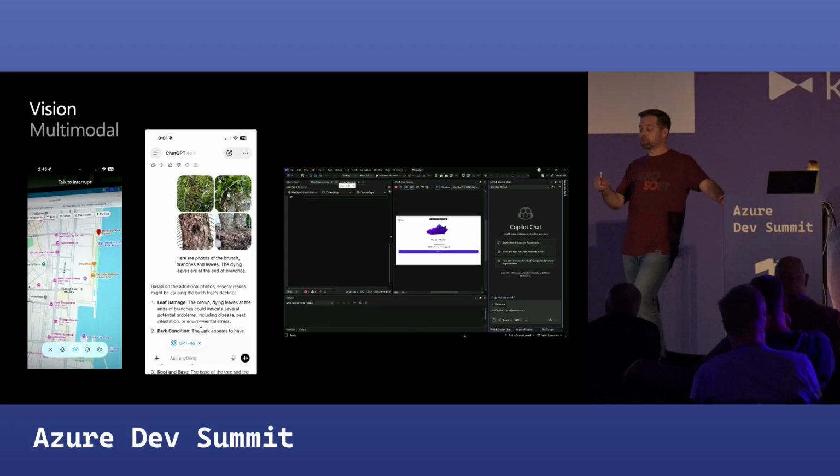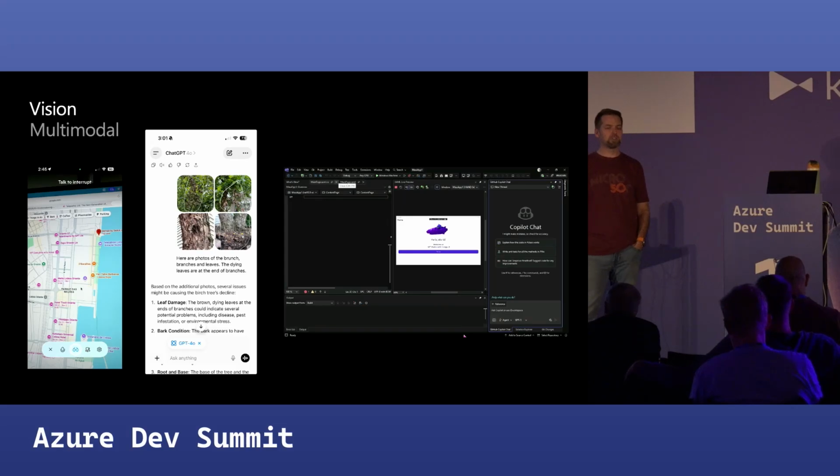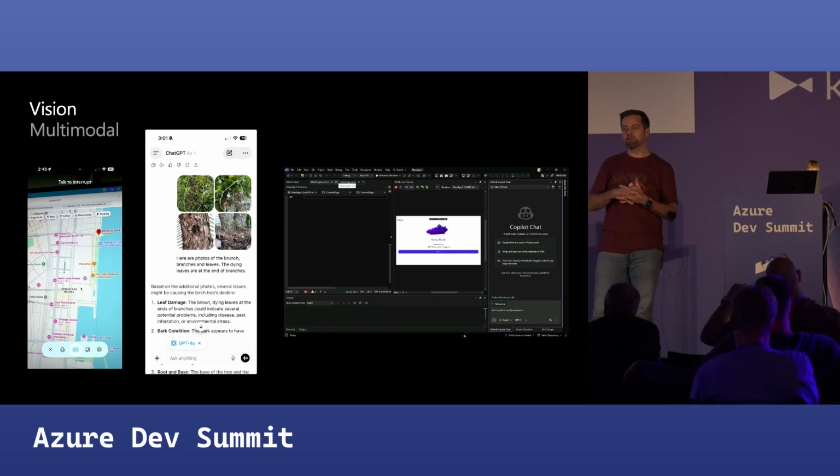The next one, this ChatGPT example with the pictures of bark from a tree. Several years ago, like 2 or 3 years ago, we had locusts. It was locust season, and they were the 7-year and the 14-year all at the same time, so it put a lot of stress on the trees. And I wondered if ChatGPT could help me figure out why my tree is turning black. The leaves are turning black and falling off, the bark is turning black.